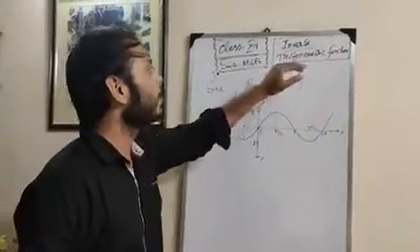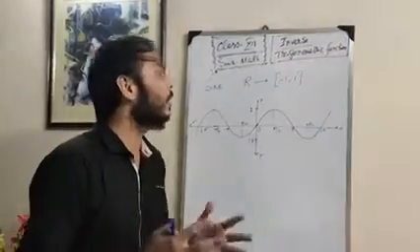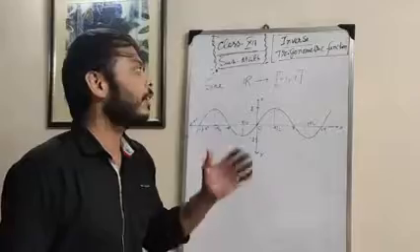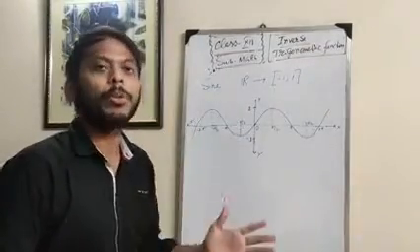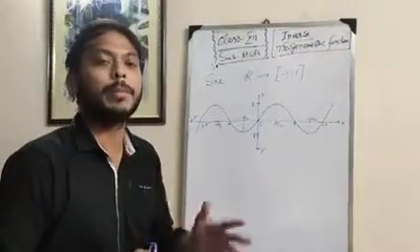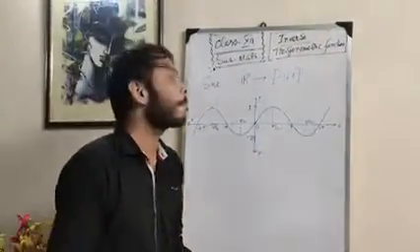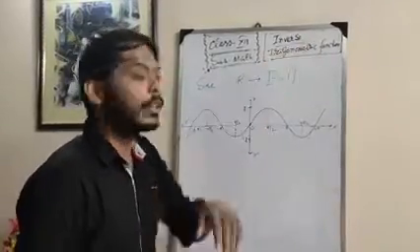Today we will discuss inverse trigonometric functions. You know that for an inverse function, the function must be one-to-one and onto. If the function is one-to-one and onto, then it can be invertible. We have discussed this in the previous classes, but here we now discuss the inverse trigonometric functions.